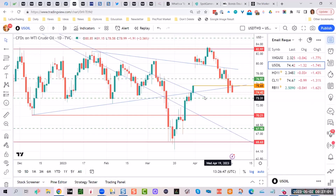Weekly inventory data for oil. I still see oil softening. I can't unsee it. This oil is now pushing below 75 crude. They're still working. And here comes oil. Very, very much a fade below not only the gap fill, right? But it's so weak, which isn't indicative of intervention, but it's also indicative of